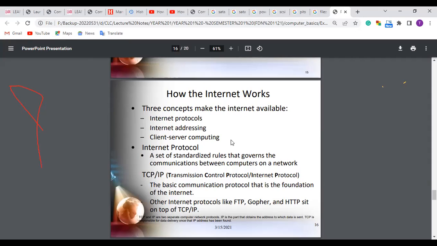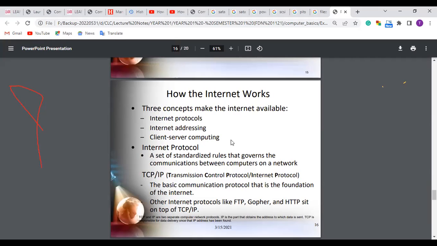Now I am asking again the same question. If you are using your mobile phone, laptop, desktop, or whatever device, and you are going to access a particular website, maybe Facebook, YouTube, or the University of Pune website,